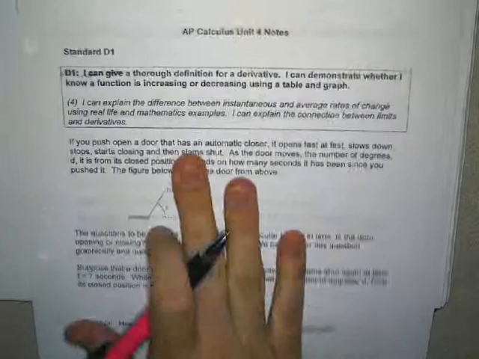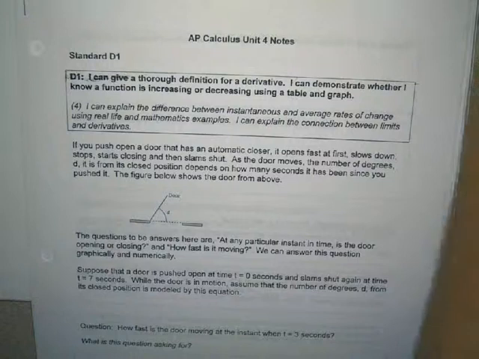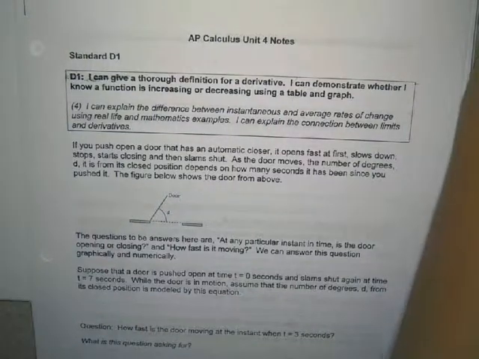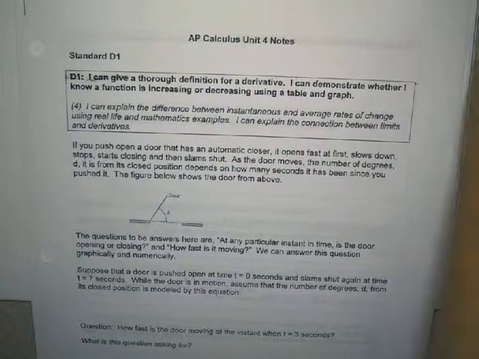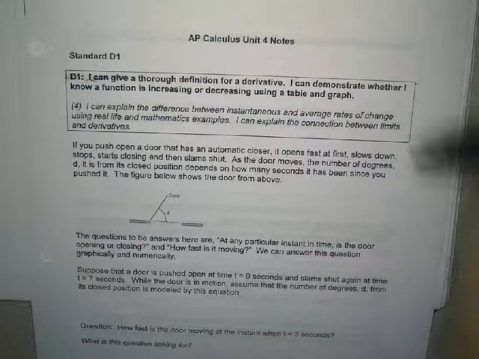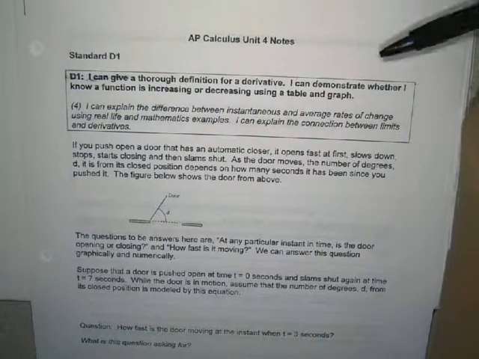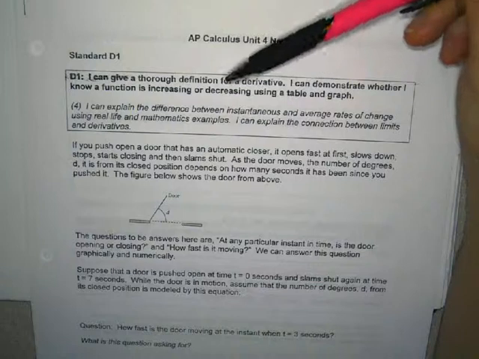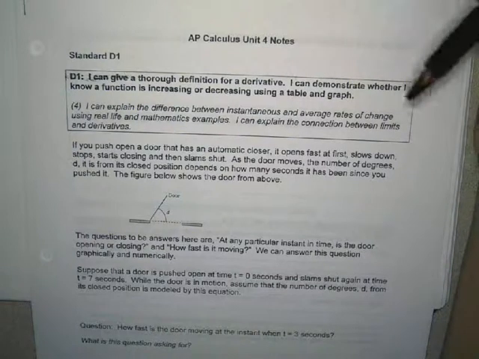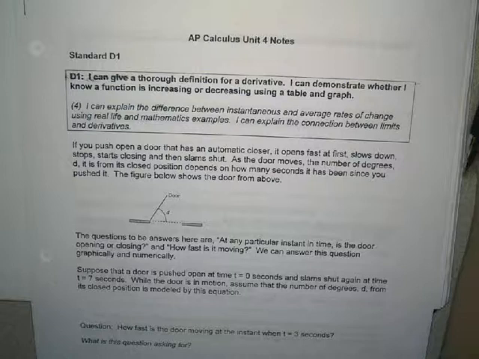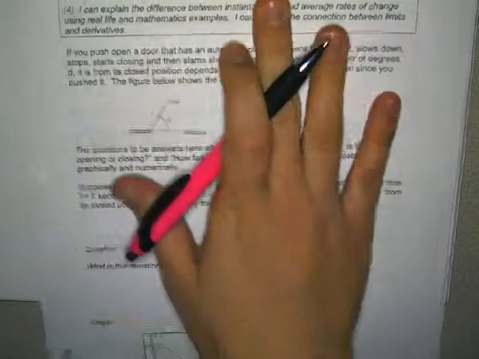So this standard, at the end of it, the goal is that you can give a thorough definition for a derivative and that you can demonstrate whether you know a function is increasing or decreasing using a table and or a graph. For this type of problem, you'd be able to explain the difference between instantaneous and average rates of change, giving examples of both kinds, and explain the connection between limits and derivatives. So that's the goal at the end of this, but we're going to just touch on the basic foundational things